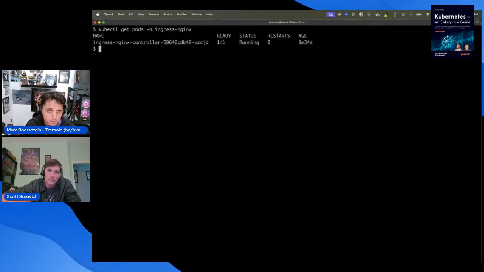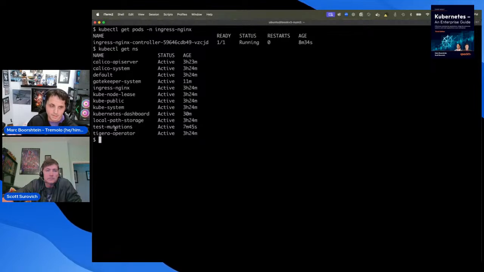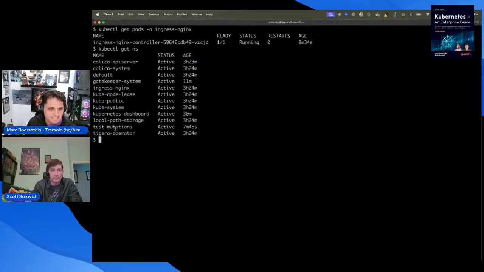Now, you'll notice we're talking about ingress Nginx. This is not the same Nginx that we deployed when we did our test mutations. That's because when we did our test mutations, we deployed the Nginx container that Open Unison uses to store all of its static HTML and JavaScript files. And we run that Nginx without being on 80 and 443.